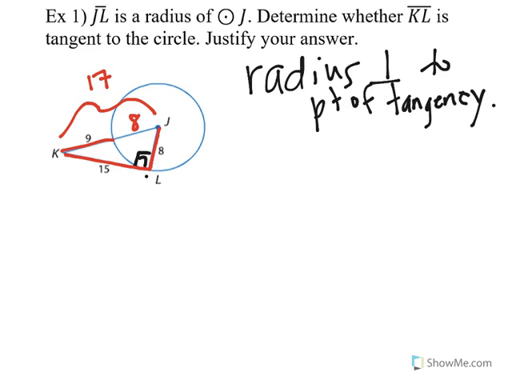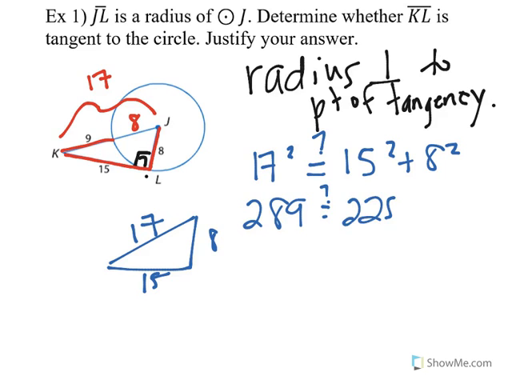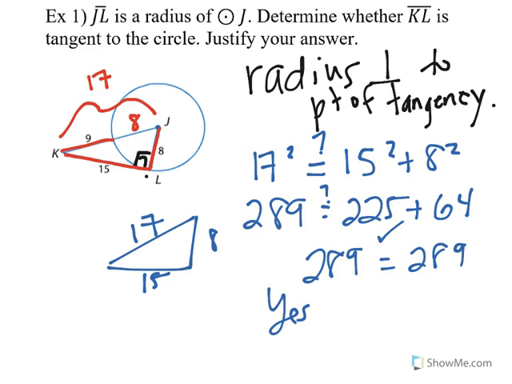Okay? So what are we trying to prove? We're trying to prove that our triangle is a right triangle, and that triangle has sides of 17, 8, and 15. So which one would be the hypotenuse? 17 squared. We want to know, is that equal to 15 squared plus 8 squared. If it is, we have a right triangle, we have a perpendicular, which means we have a tangent. 17 squared is 289. Is that equal to 225 plus 64? Luckily, yes, it is. They are equal. So yes,